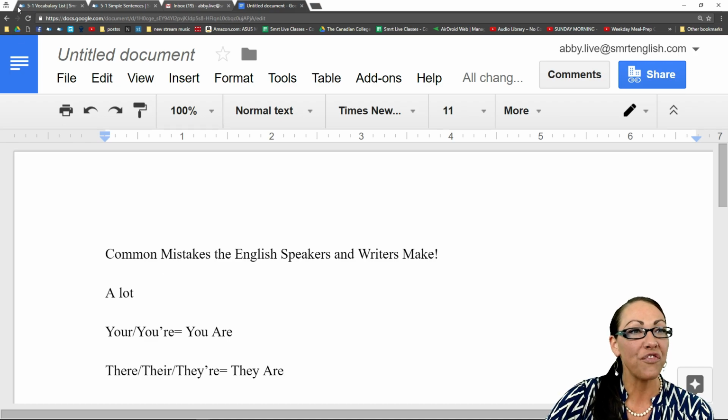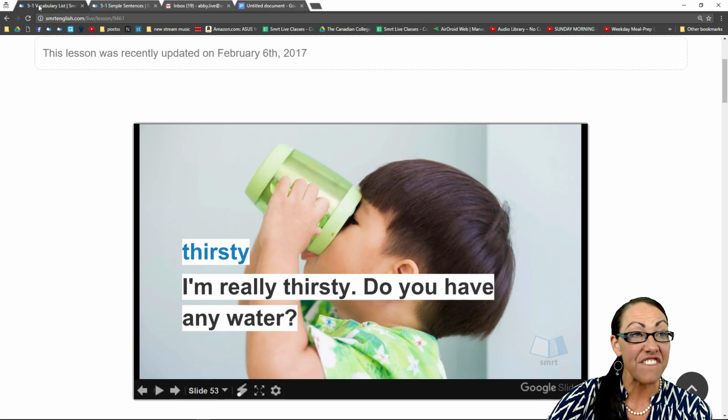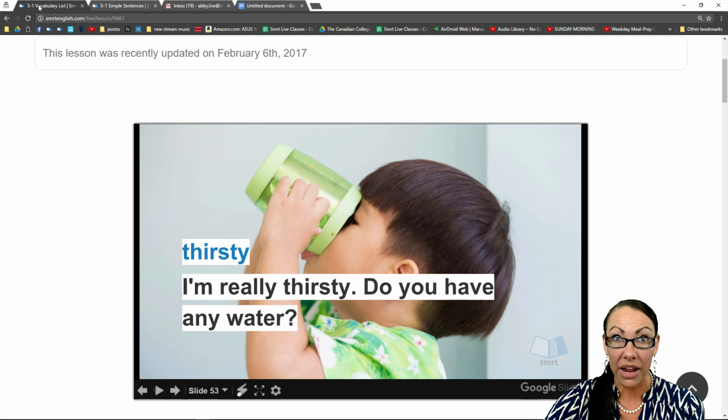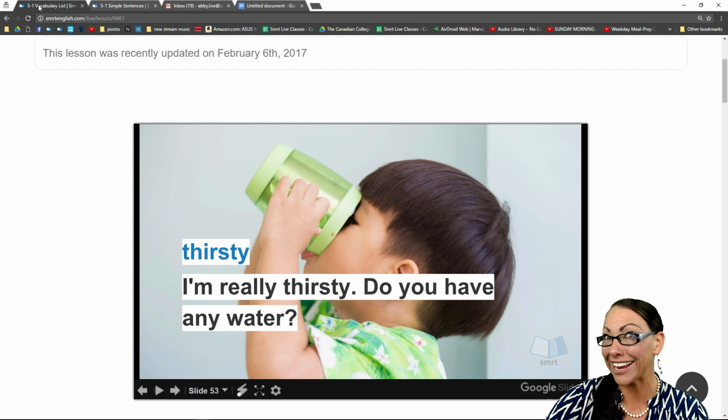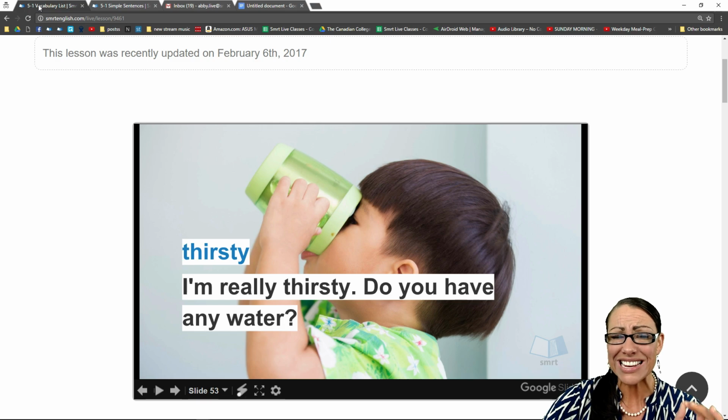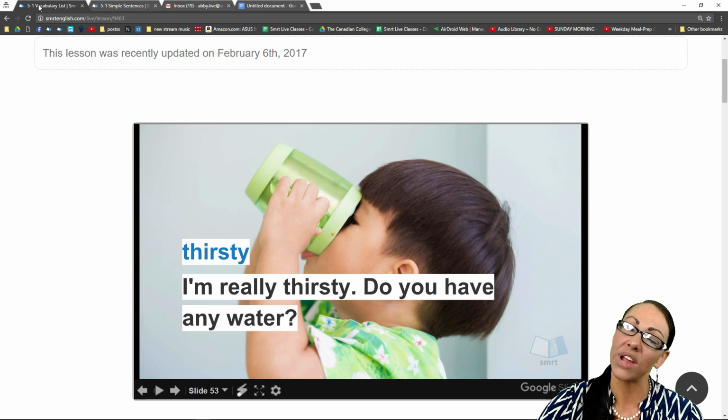Okay, so first we are going to just finish up the vocabulary. My goodness, as I looked, there is over 60 words in this vocabulary list. So it's no wonder that it's taking us a little bit of time to get through them. But we are on slide 53, word 53. We will get through that. And it's important that we do. Once more, I love vocabulary.